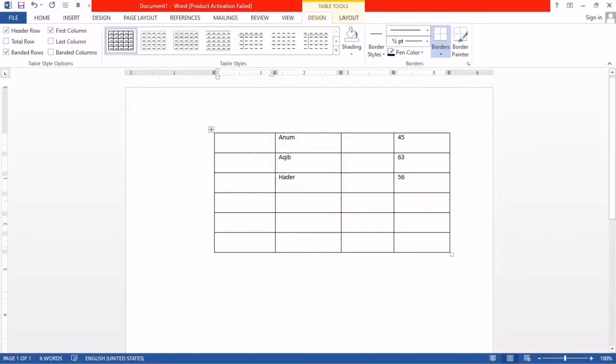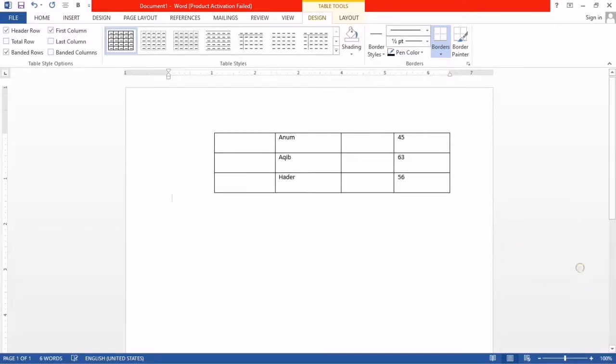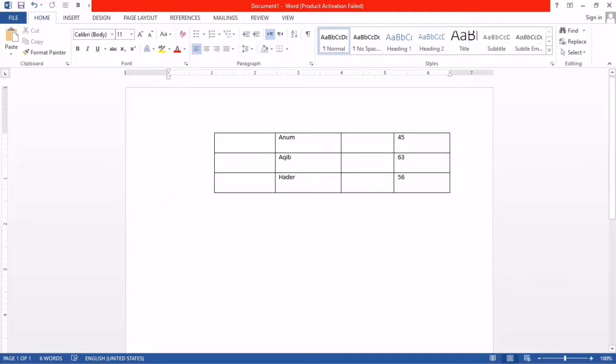You can see the number of rows decrease. Or you can select this row, suppose select this and delete cells, delete column, delete rows. So I select this. You can see all the rows which we first added are deleted now.